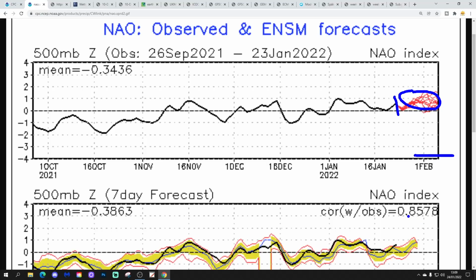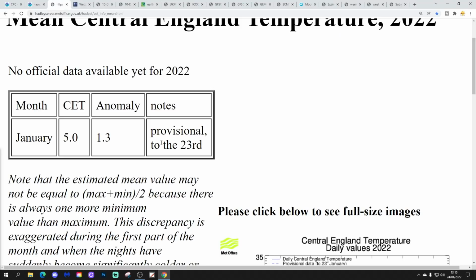So this is very much a signal for westerlies. The AO and the NAO both being in their positive phases is very, very much a signal for westerlies and for zonality, and relatively mild conditions as well, although within that you can get some cold snaps, and we may get one of those at the end of January, start of February. But overall, a signal for westerlies to continue as the AO and the NAO both stay in their positive phases. No sign of a fundamental pattern change at this point.